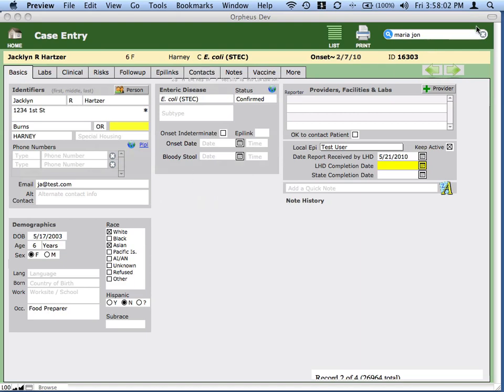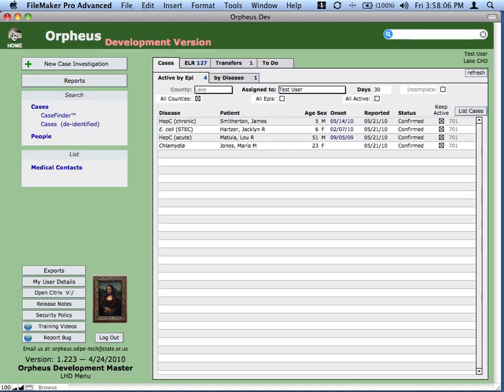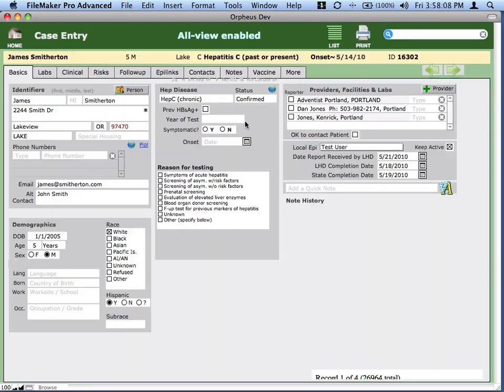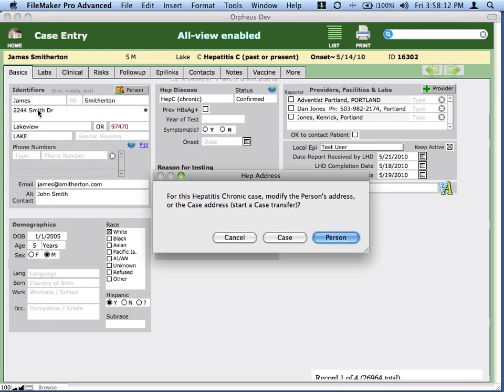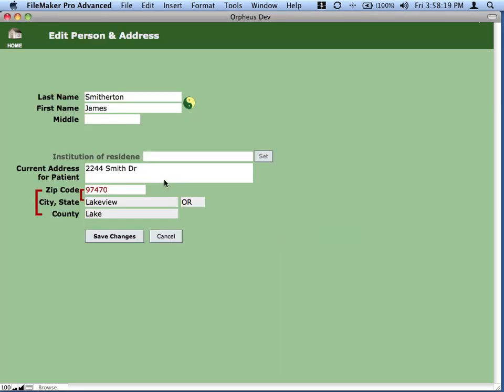And then assuming that they are a county that can receive it, so let's transfer another one. Let's take this hepatitis case and let's transfer this one to Washington County. So we'll do the same process. We click and change the address. So we click, I want to change it, and I'll put in 1234 Main,